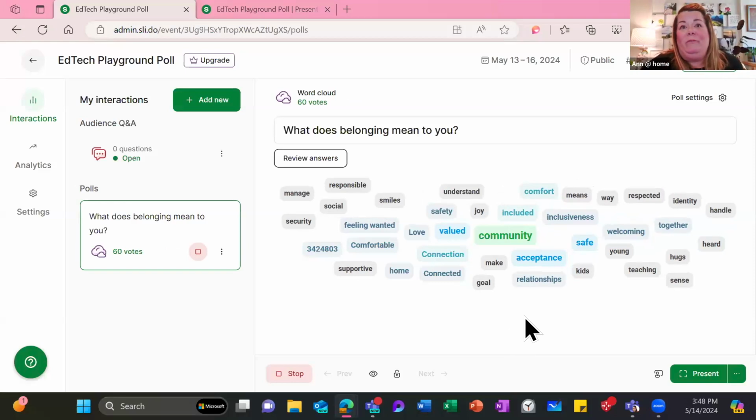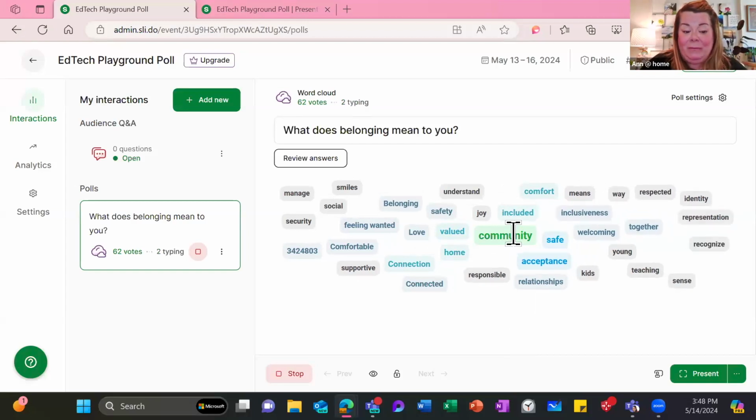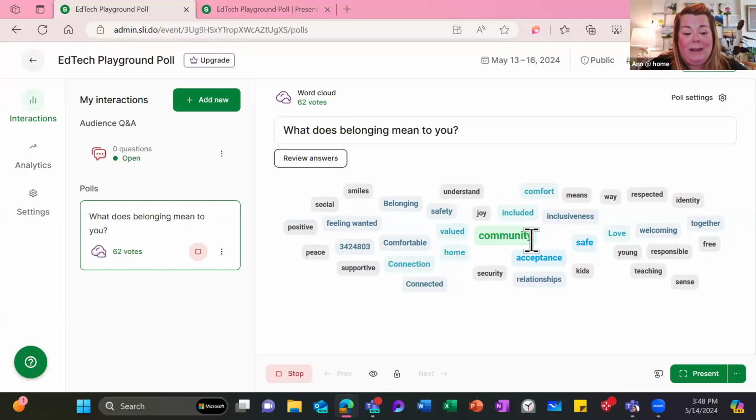I love this too. And I know folks are still getting in, so we'll leave this up for just a second. But if we play off of that idea of community, and that is what this is, not only as a teacher innovation network or the individual counties that are represented here. Think of all the schools that are represented here. Put a shout out to your school in the chat if you haven't yet, or let us know your district. But I know community is a word that Jornea and I feel exceptionally connected to, because we worked on a community team, and community is the heartbeat of the work that we do.